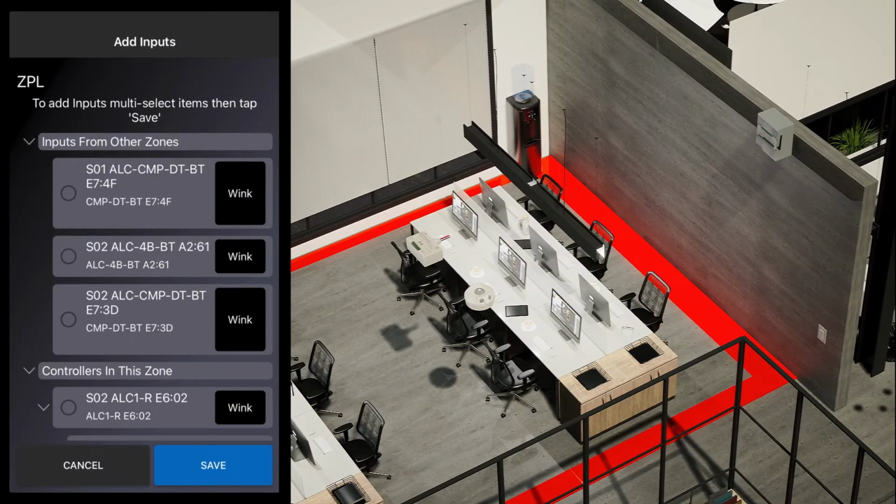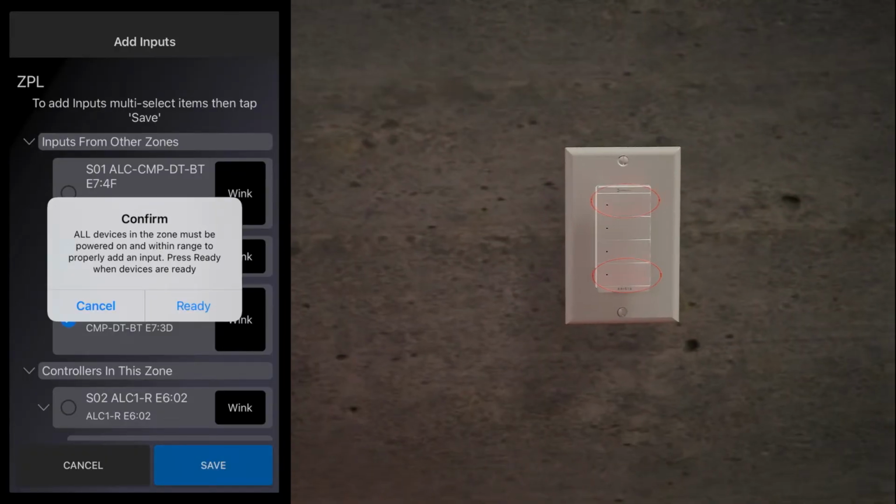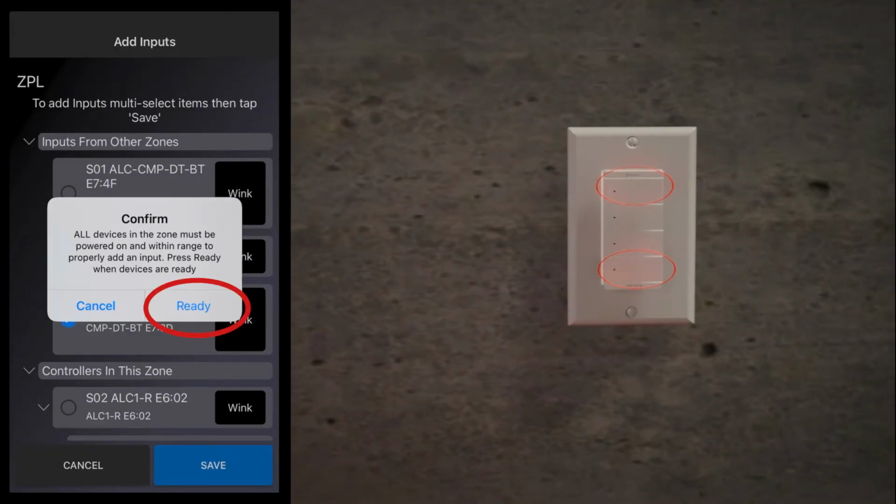As with Zones 1 and 2, we will select the 4-button switch and the ceiling sensor and hit Save. Again, wake up the 4-button switch by pressing the top and bottom buttons and then click Ready.